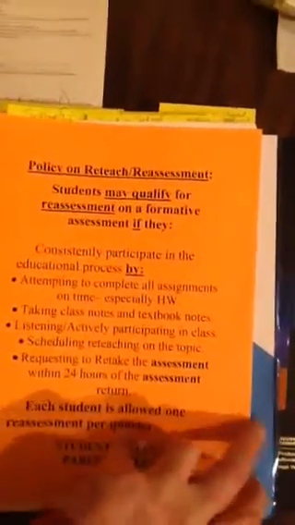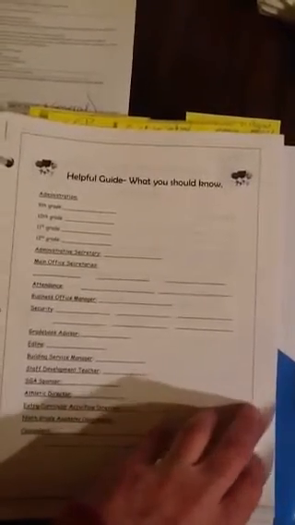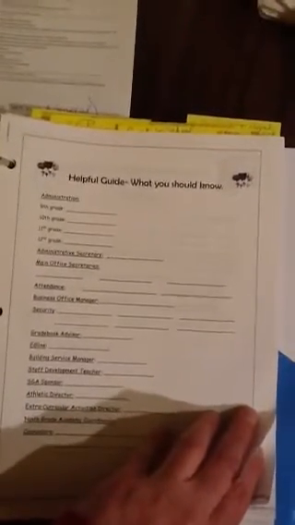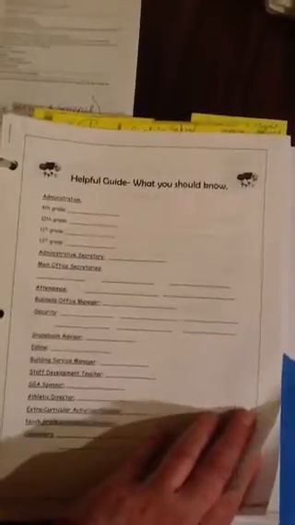We have to deal with safety contracts, so I have those and the reassessment policy for our school in my binder, the safety contract review. I've also got some links that I need to pull for the safety videos. Here's the textbook log, student information sheet we use for our school, for our classes. This was a resource passed out in class about how to get to know the people in your building, and